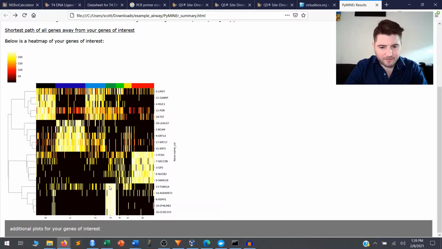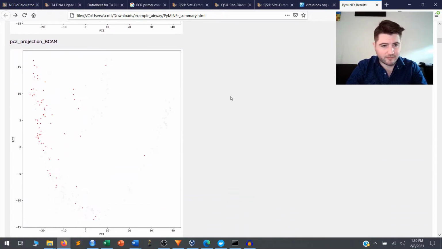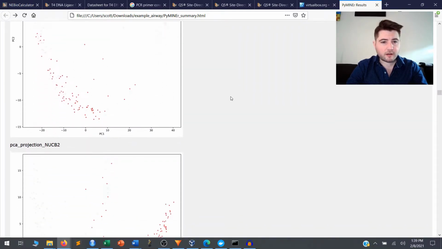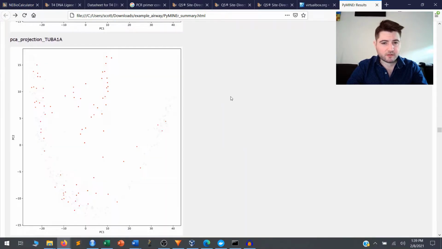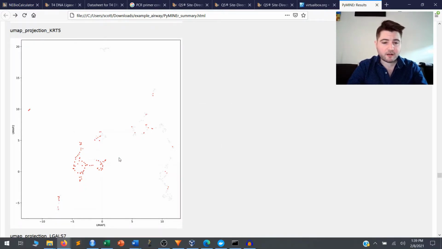Here is a bunch of genes related to psyllium, as you can see before. Cluster number 3 is very enriched for those. And so there's a bunch of other plots as well as the heat maps. And this is an overlay of the PCA projection with this gene and all of the other genes for the PCA projections. And then as you continue to scroll down, eventually we'll get to, here's the UMAP, which has, in